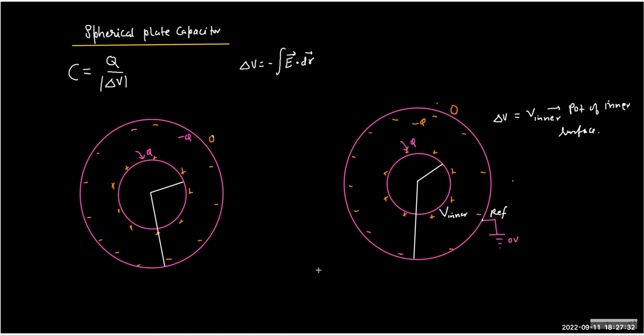Okay. So you all remember? All right. So who will answer? Yeah, Harshit, tell me. What is the potential difference between these two shells? Or what is the potential of the inner shell? Tell me. V equals to